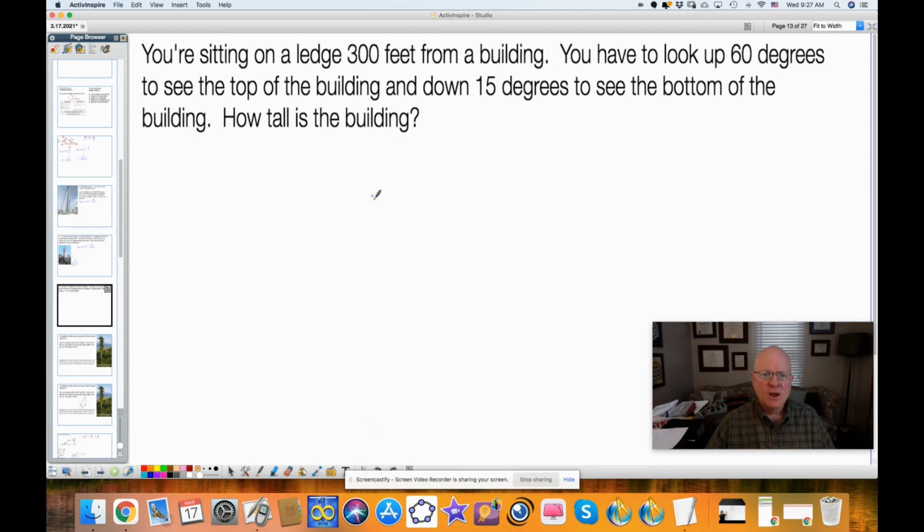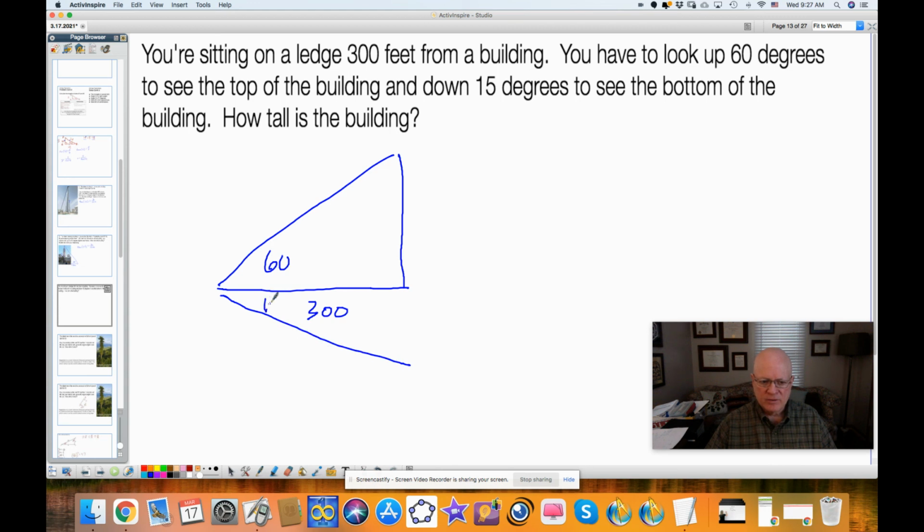You're sitting on a ledge 300 feet from a building. This is 300 feet. You have to look up at a 60-degree angle to the top of the building and down 15 degrees to see the bottom of the building. And it wants to know how tall is the building. Well, this is a 30, 60, 90 right triangle. And if this distance is